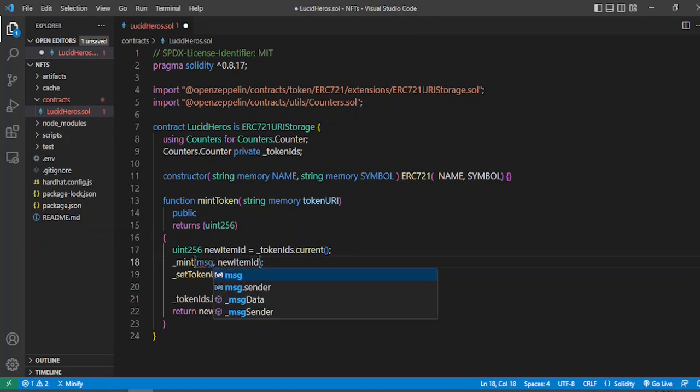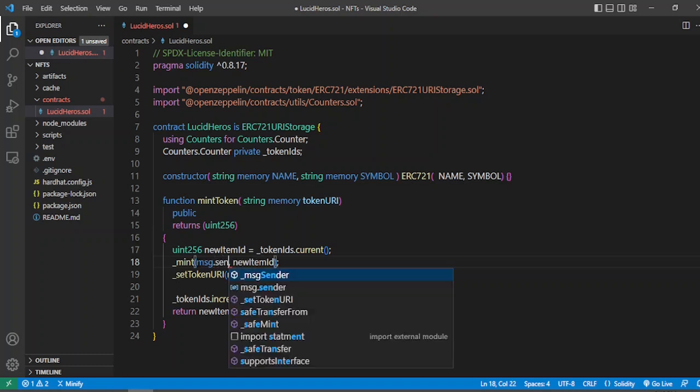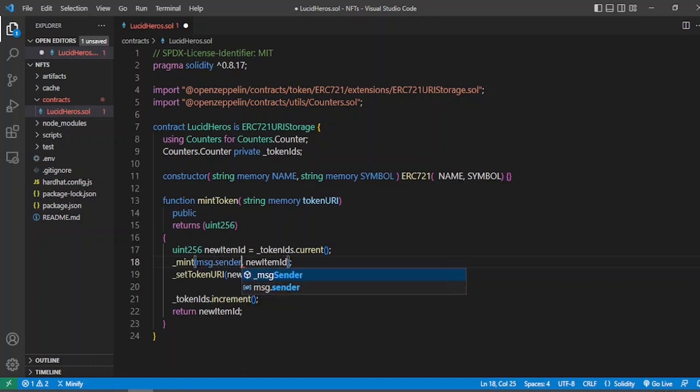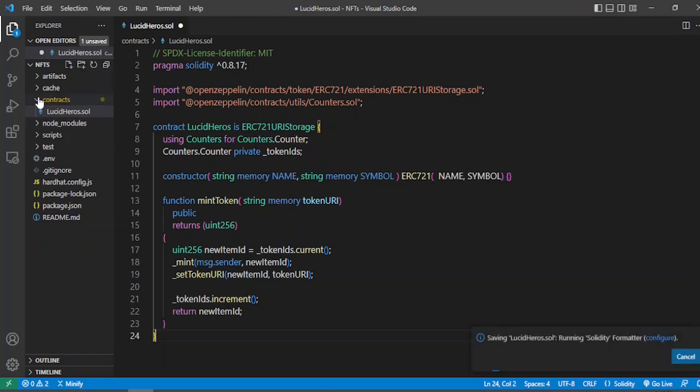message.sender, the deployer of the smart contract, the owner of it. Then what else? Set token URI. We'll provide this URI when we call the mint token function. Alright, you can save this file and let's work on